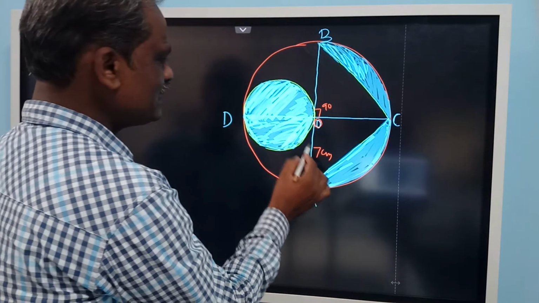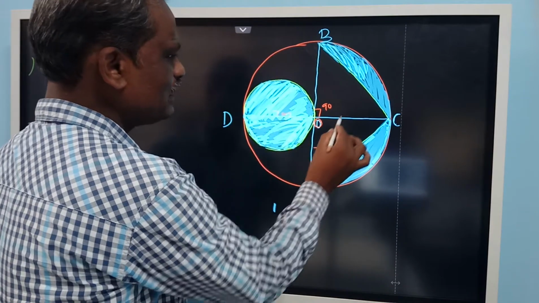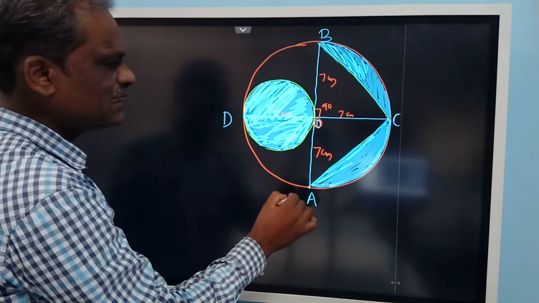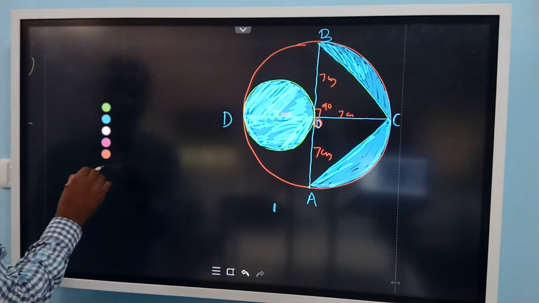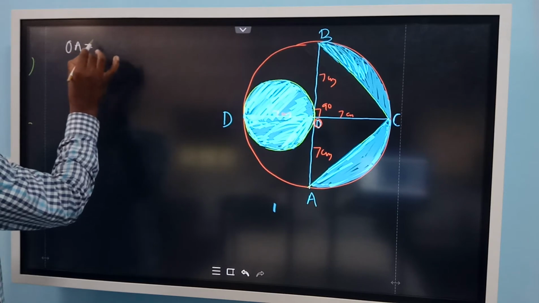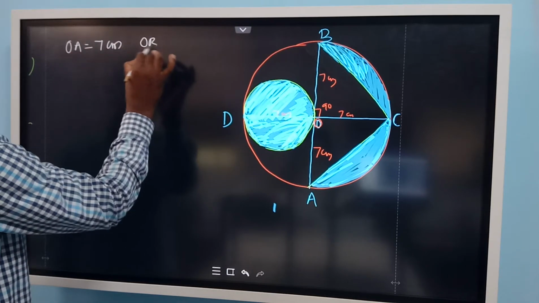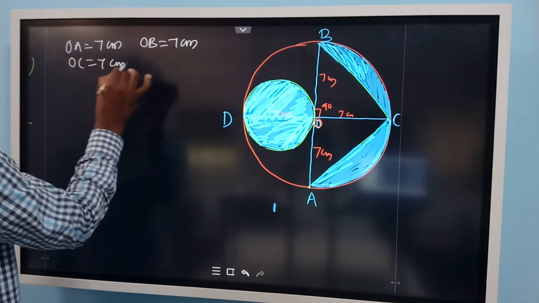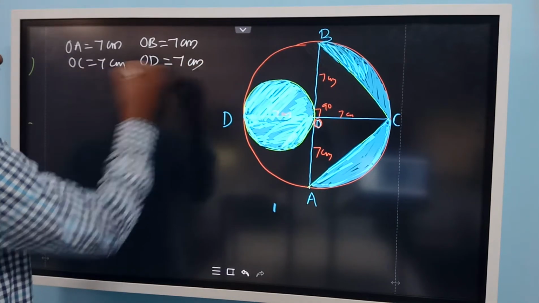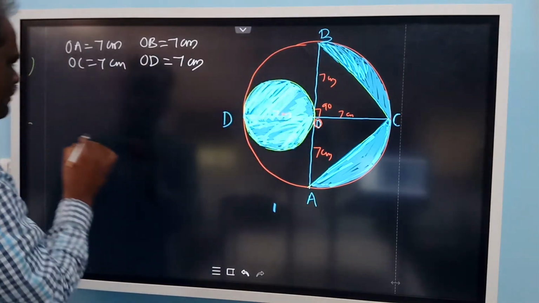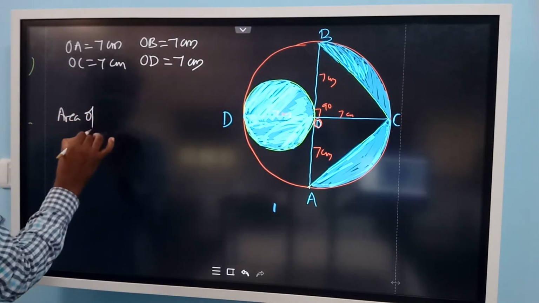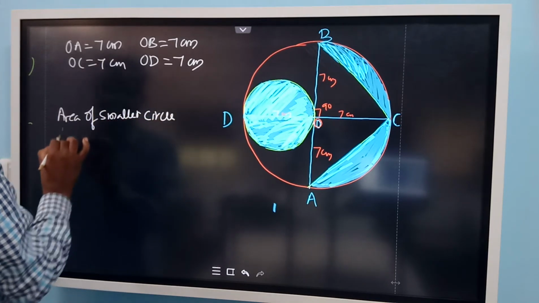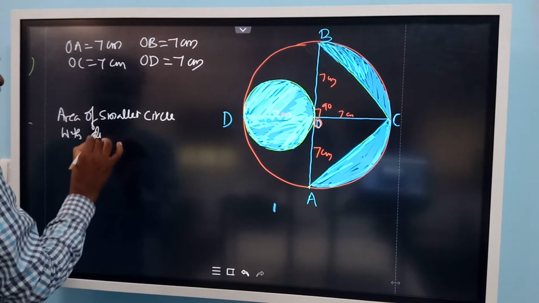Given that OA is equal to 7 centimeter, OB will be 7 centimeter because it is a radius, so OC is equal to 7 centimeter and OD is also equal to 7 centimeter. You can find out the area of the smaller circle with the diameter OD